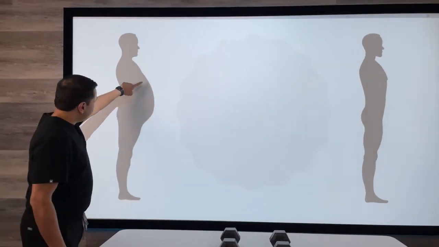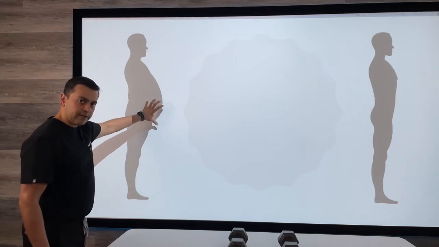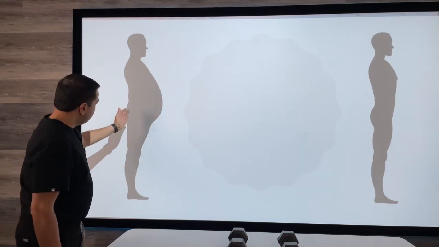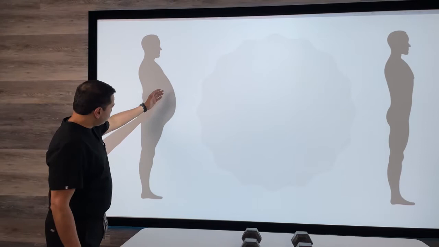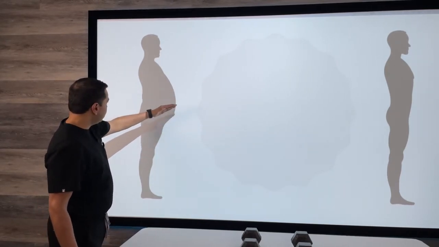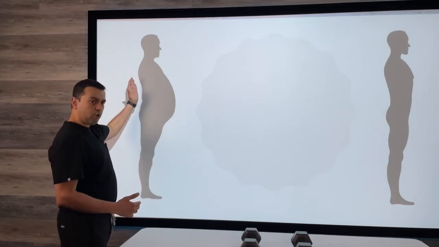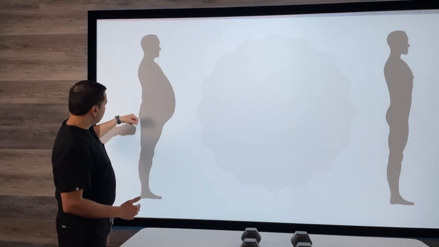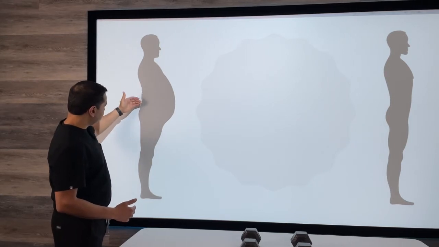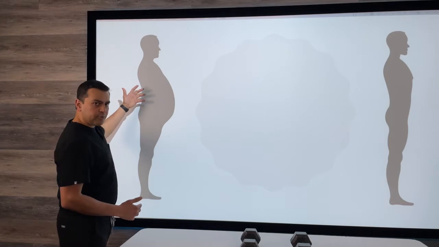The biggest thing with obesity, as you guys know, is you have this big pannus in the front that carries a lot of weight. You can see this individual would be kind of brought down, brought forward if he didn't have muscles in the back that were really working hard to support him. So he's using a lot of his muscles in the back, in his spine, therefore putting a lot of pressure on the lumbar spine.